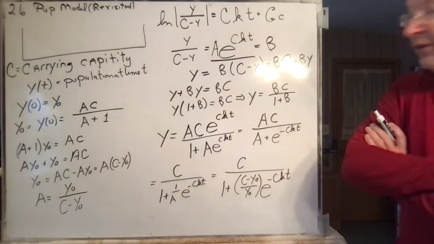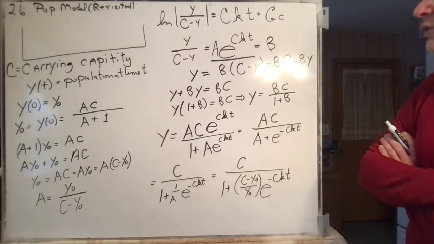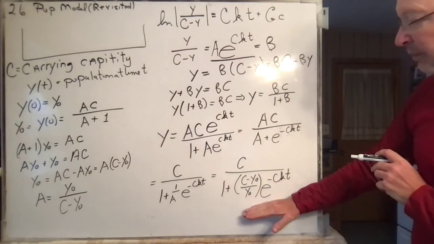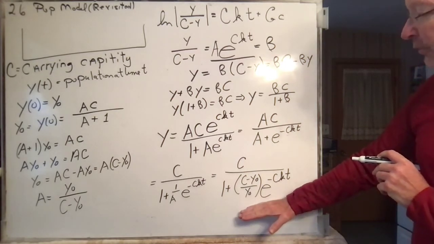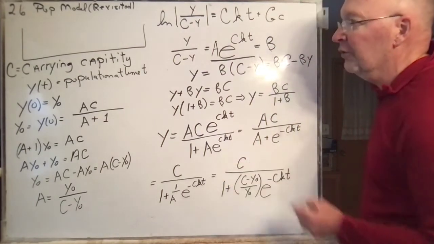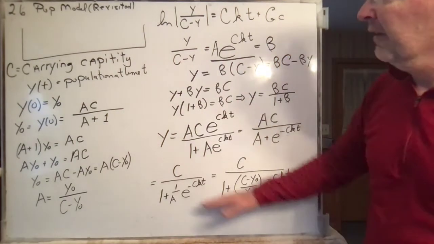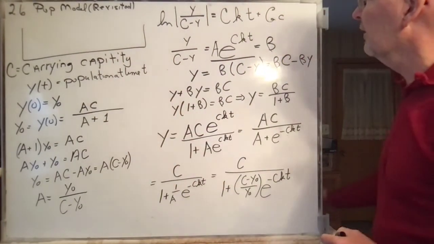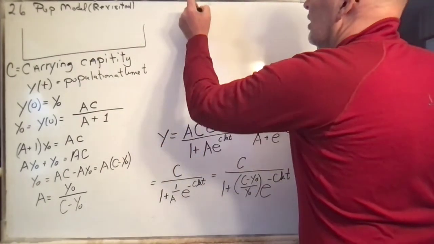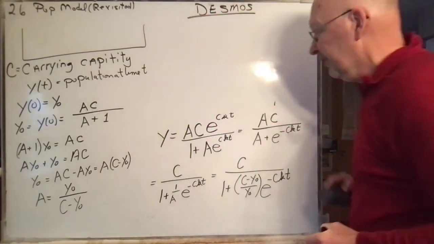There it is. So there's all the mechanics. That's a whole lot of algebra. That's why algebra is the foundation for just about all the mathematics you do in analysis. You have to know how to manipulate things. So there it is right there. So there is the formula for y, for the population. And if you go to Desmos, which is just a wonderful tool for graphing things mathematically,